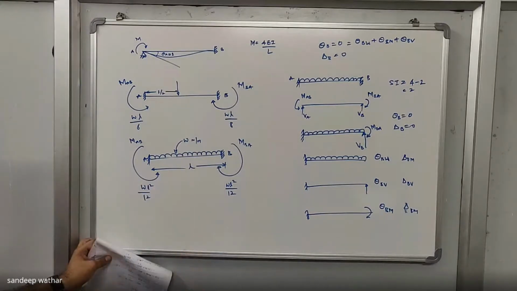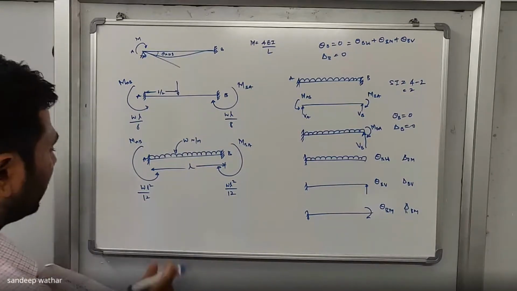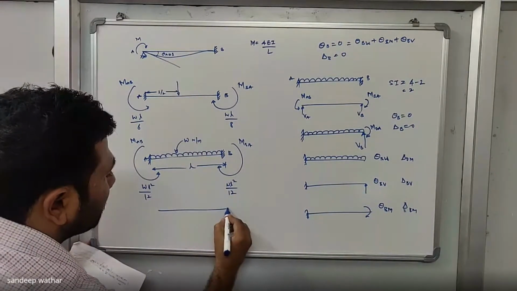This is how we can solve all fixed beams with different sets of loadings. You can solve for 2-point loads, 3-point loads. You can solve for a couple that is applied at the center or eccentrically. You can solve anything you want. So I will give you one more formula. Anyway, I have given all the details in the picture that I sent you in the classroom, so no need to worry about that. Let me give you another formula, for a fixed beam with eccentric loading. Assume that this is a fixed beam.